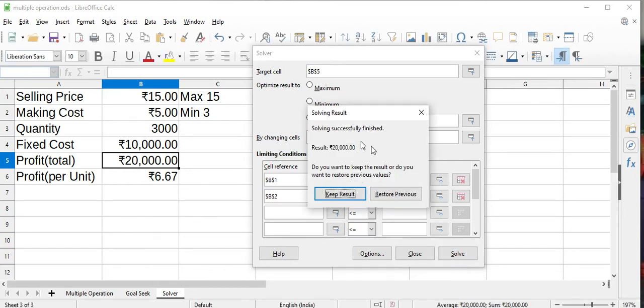On some computers it will show different options, more options will be there, by which you can find more options. Here you will see the result. With selling price maximum 15 and cost price 5 rupees, you can have a profit of minimum 20,000. I'll just click on restore result,